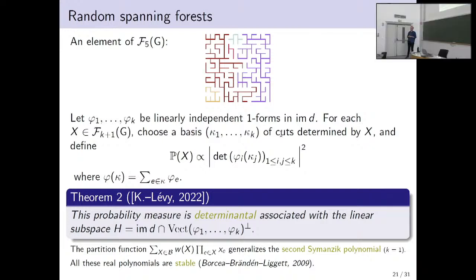I'm not completely sure, but I think there is work of Titus Lupu, who looks at, the way he approaches the scaling limit thing is to look at graphs which are called metric graphs,